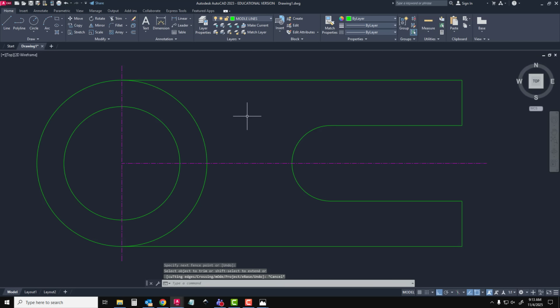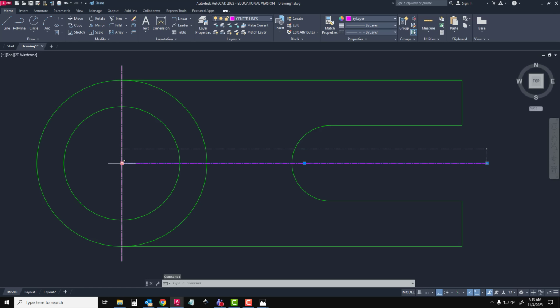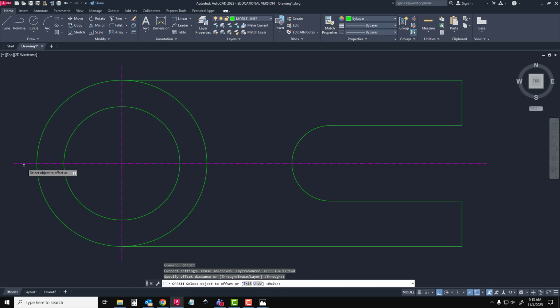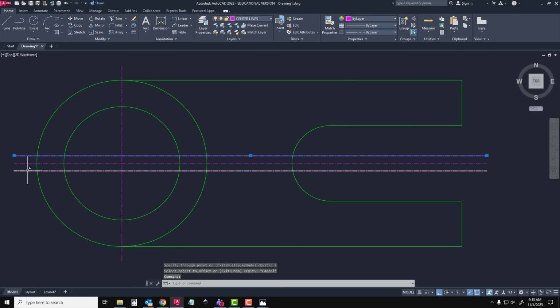Everything's deselected. And the last thing I have for this top view is going to be this little slot right here. So I'm going to kind of do the same thing. I'm going to left click and I'm going to grab this and extend it a little bit further. And I'll hit escape again because I want it to go all the way through, because I'm going to do another offset. So I'm going to type in offset through, click my line, I'm going to go 2, enter, click it again, 2, enter,